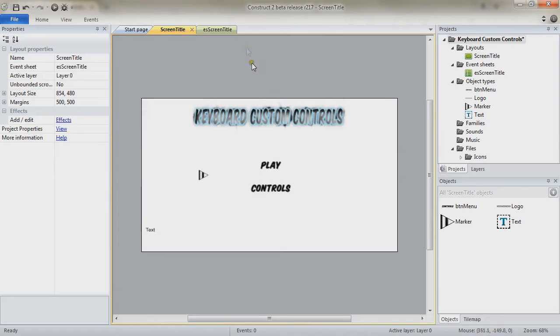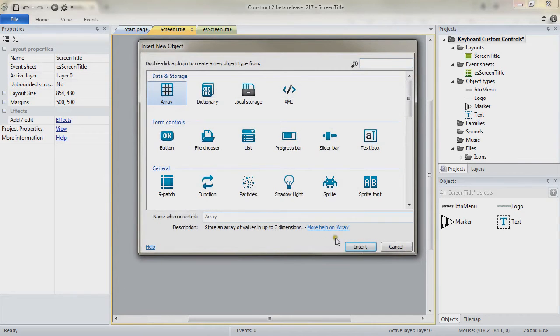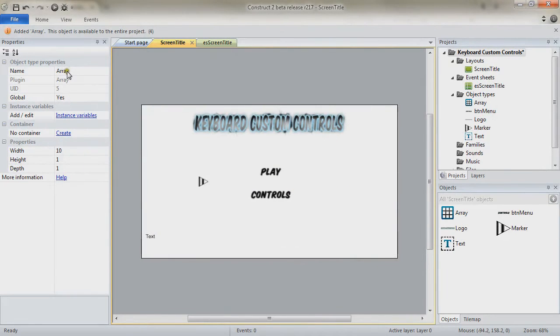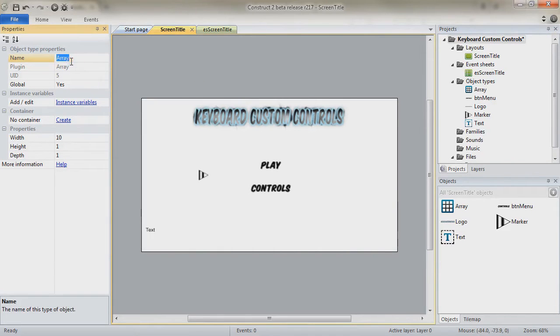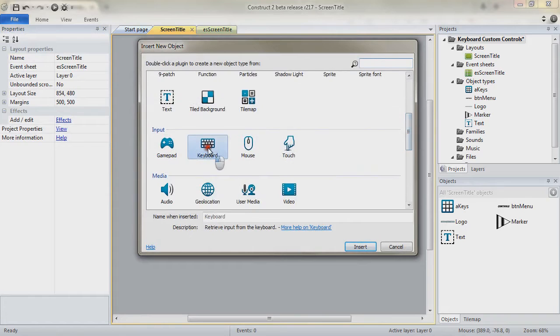Yet we are going to add a few more objects to our project right now. We'll start by adding an array that we will rename right away and name it A keys, and this array is going to keep in memory our custom controls. We do also need to add a keyboard object, since it's going to be our main input. So insert it,